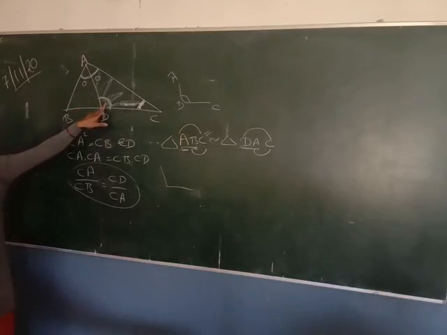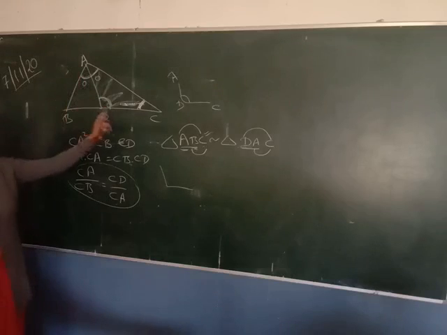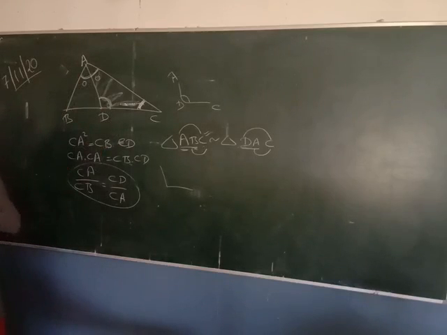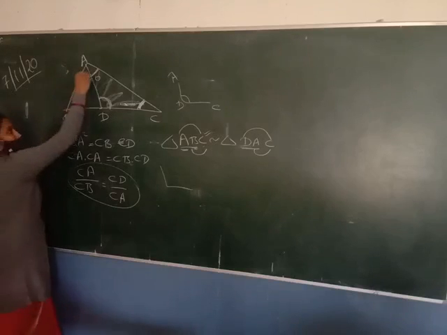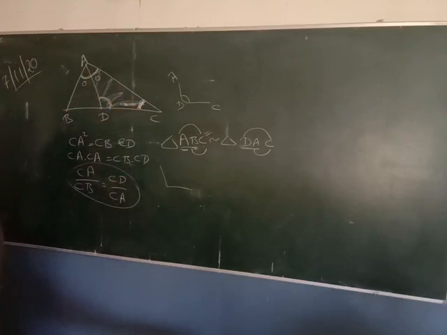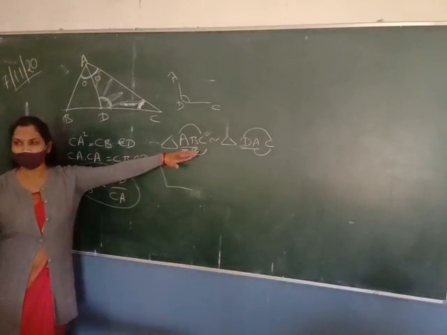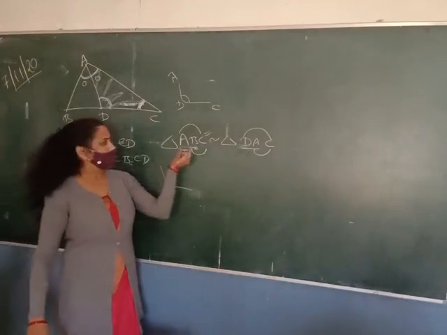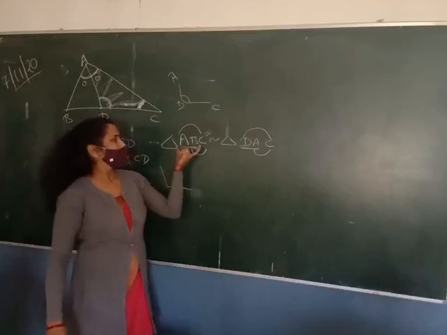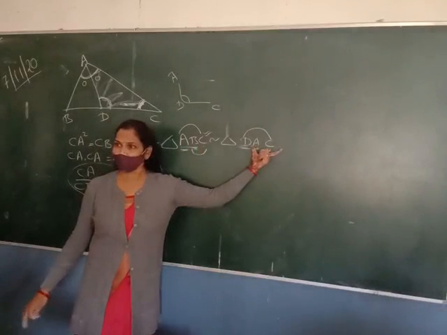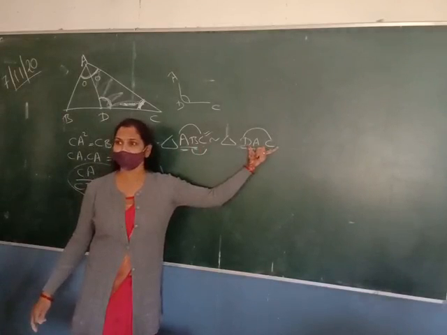This is the one condition. Second condition. Which angles are equal in these two triangles? In triangle ABC and in triangle ADC, which other angle is equal? Angle C is common in both triangles. So we can say by angle similarity, these triangles are similar to each other, and the correct sequence is very important. Then you can find the ratios of the sides. That is AB upon DA is equal to BC upon AC equal to AC upon DC. Is it clear?